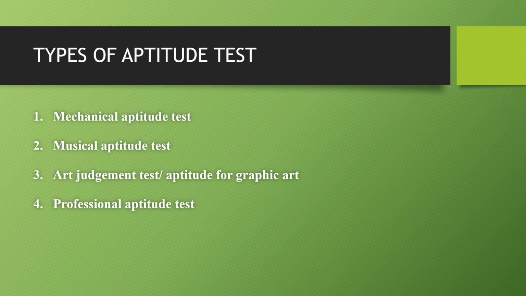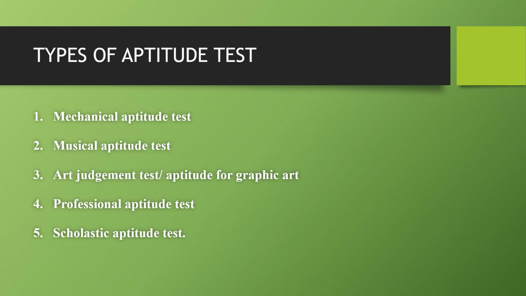The number four is professional aptitude test. So this test is basically designed to find out the ability of a person in different professional courses, right? The next one is five, scholastic aptitude tests. So these tests are somewhat similar to professional tests, and there are different kinds of scholastic aptitude tests. For example, the most scholastic aptitude test, which is used for medical students. Okay, so